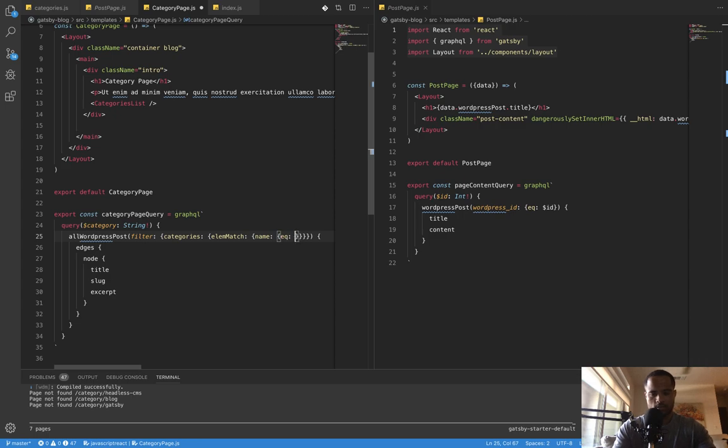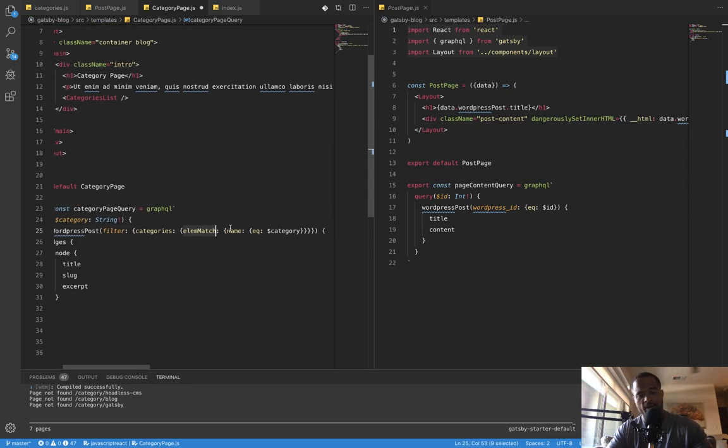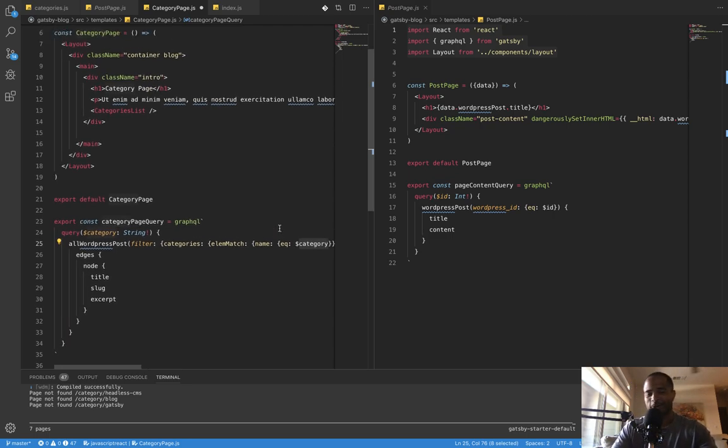Equals, yes, category. All right. So we're giving it literally just a category name. We're saying go to all the WordPress posts. We want you to filter it by categories, match an element of our choice, which happens to be name. We want it to equal the category, which is the name. Boom. So that's essentially how simple it was for me to do that,